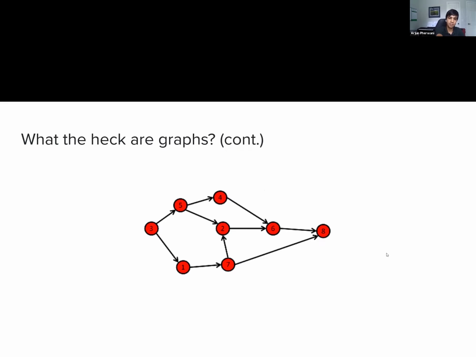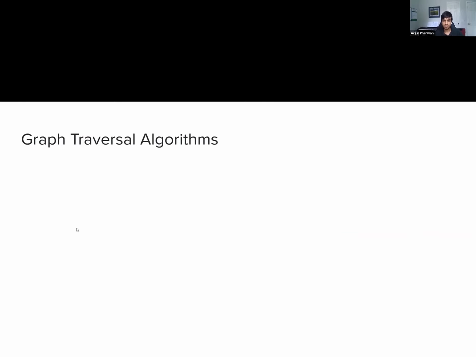Those red dots are vertices or nodes, and those little lines are called edges. In this case, this is called a directed graph, which means you can have a connection from only one side or both sides, but if you want a connection on both sides, you need to have two different edges. That's important. Can you go back, Nate?